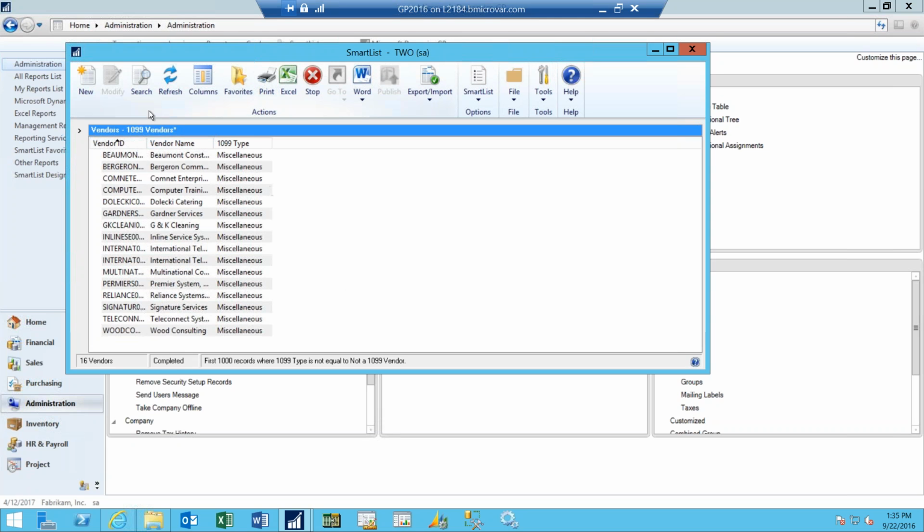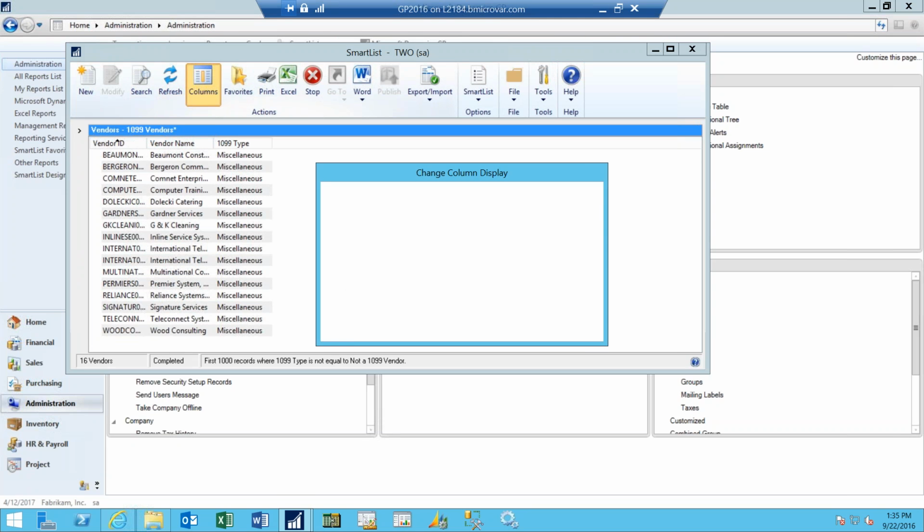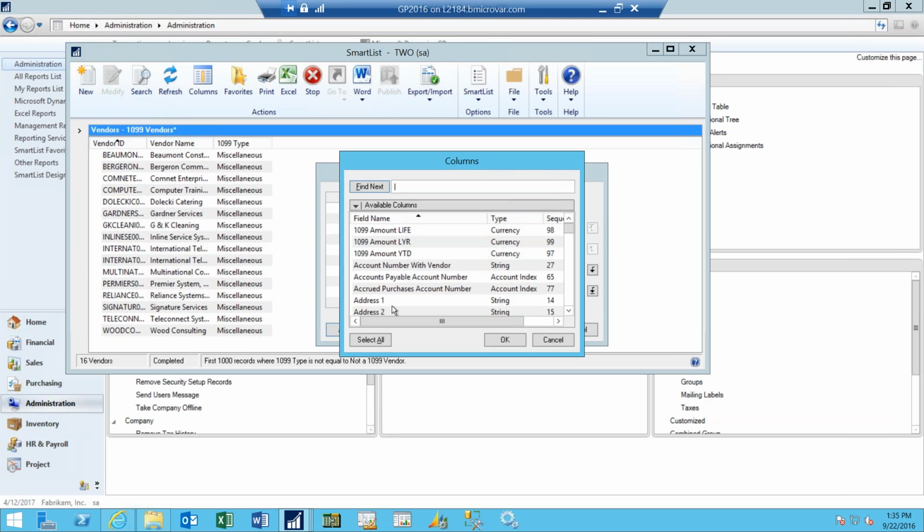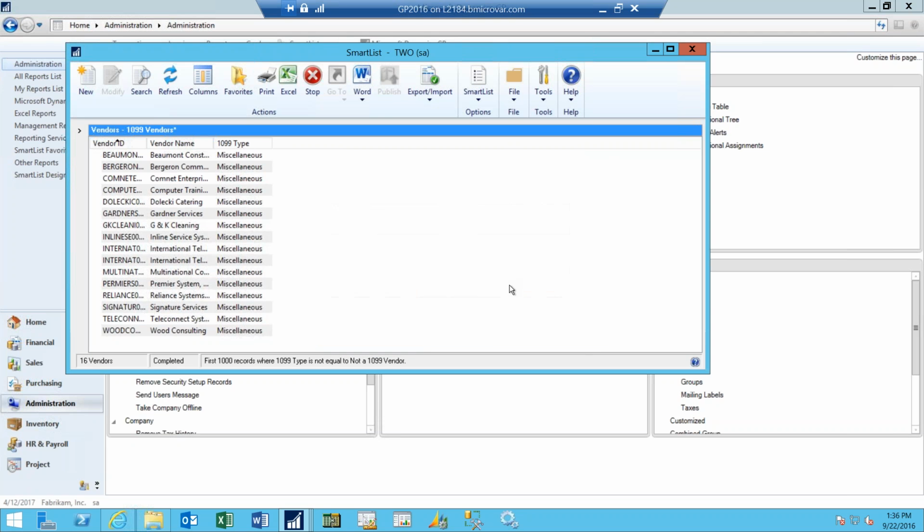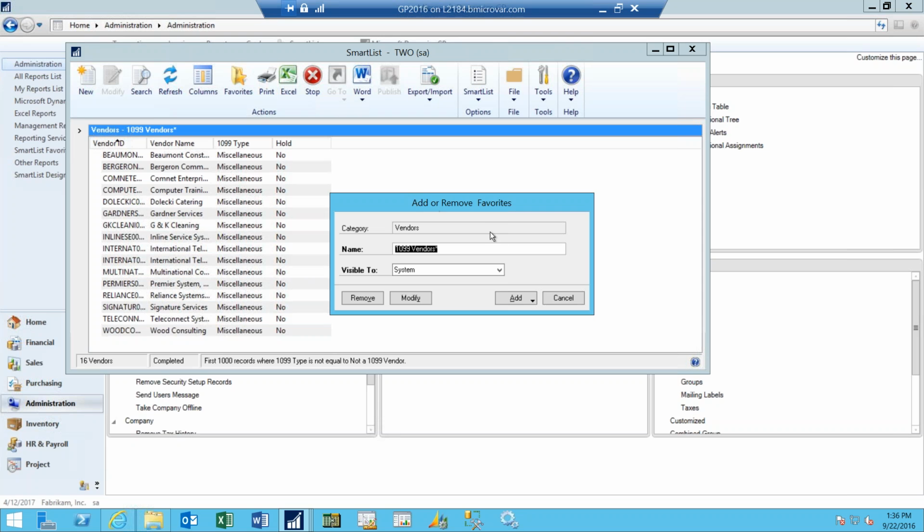And if I made a change to this, so for instance, if I add a column of information like whether or not they're on hold, then if I go to favorites,